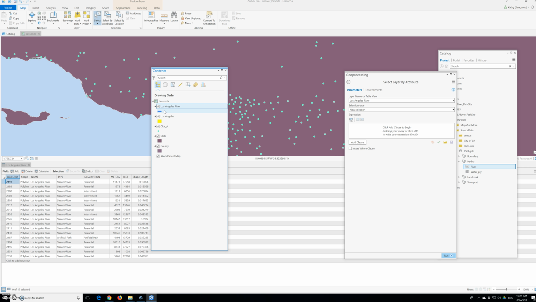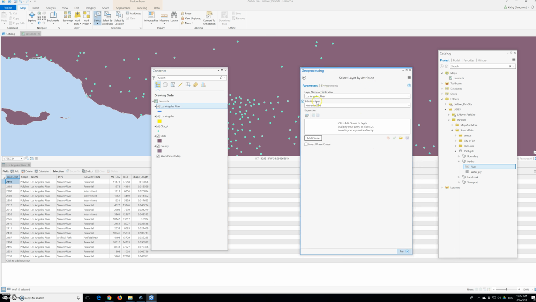Alright, so now in the input table or view table, we will confirm that Los Angeles River is selected. Alright, so this is selected. And we will make sure the selection type drop down menu, it's right here, is set to new selection. Perfect. And we will have to add